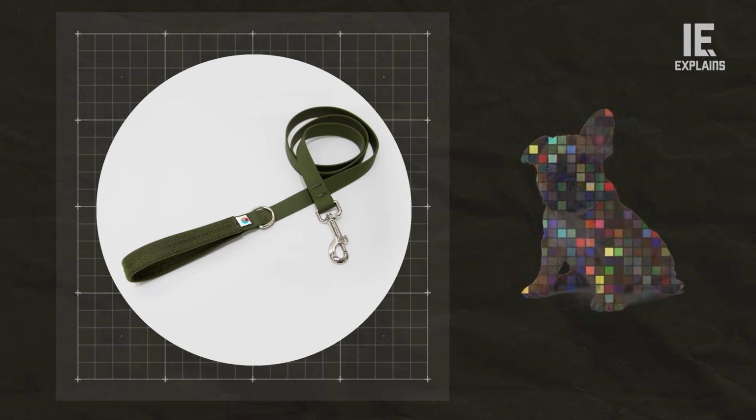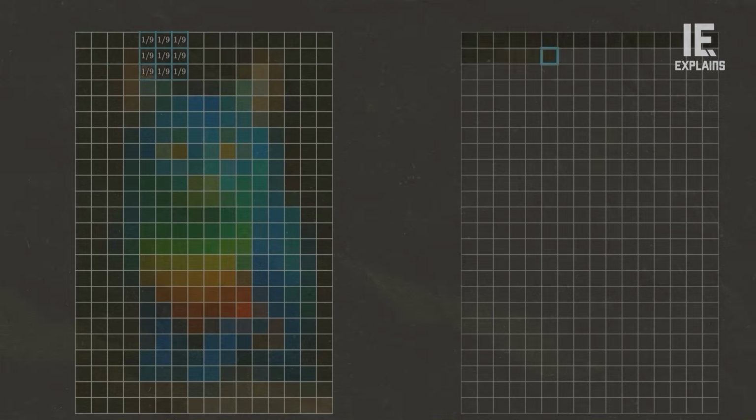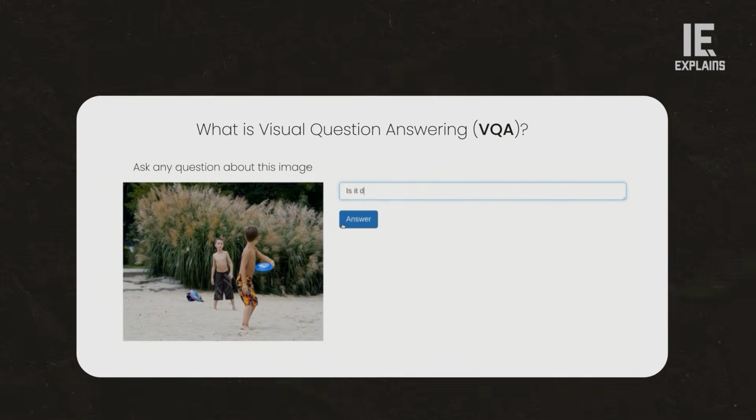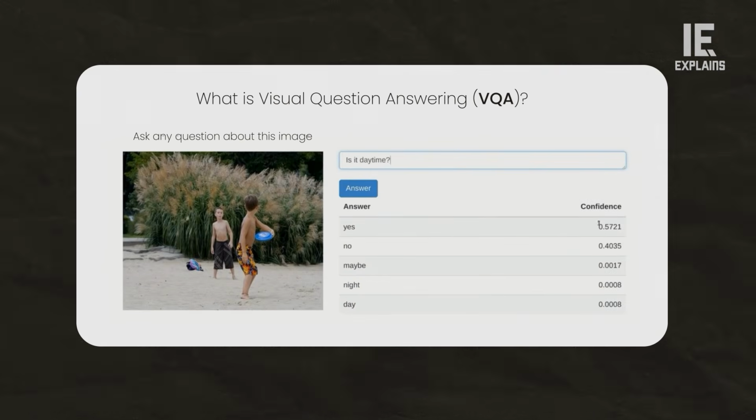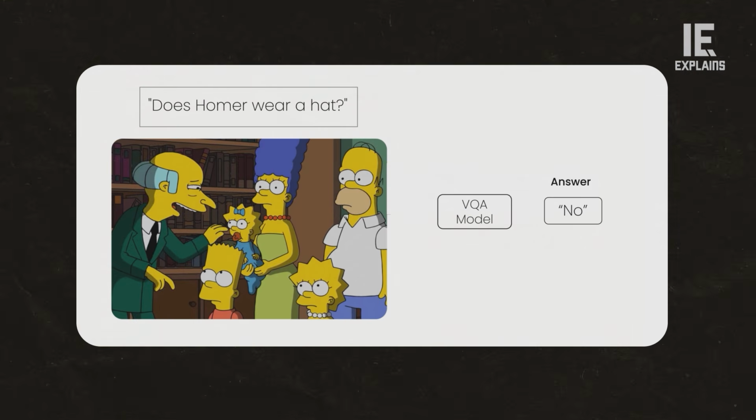And the current frontier is multimodal models that process image and language together. These systems don't just classify, they describe, answer questions, and reason about what they see. Whether that counts as understanding or just very sophisticated pattern matching is an open debate. What's not debatable is that on standardized benchmarks, the gap between human and machine learning performance has essentially closed. The gap in robustness and common sense, however, is still wide open.